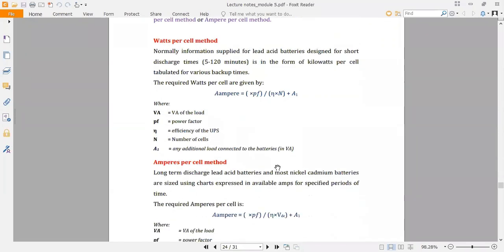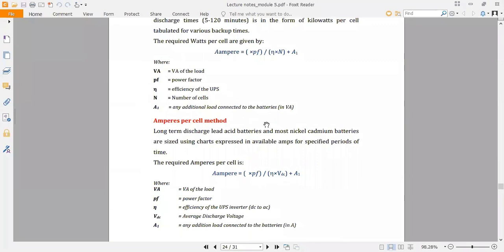Okay. The second one is the ampere per cell method. If you see, the formula is very much similar. Okay, the only difference is here also it is a volt ampere. Okay, so the only difference is this one. In the watt per cell method, it was given the number of cells, but in the ampere per cell method, here it is given VDC, the average discharge voltage. Okay,